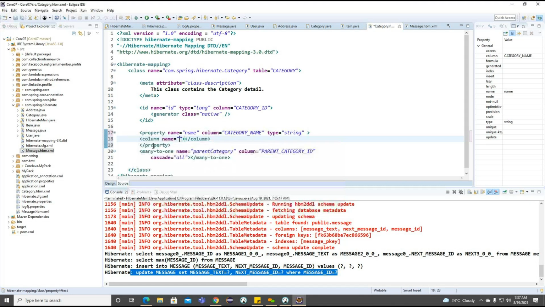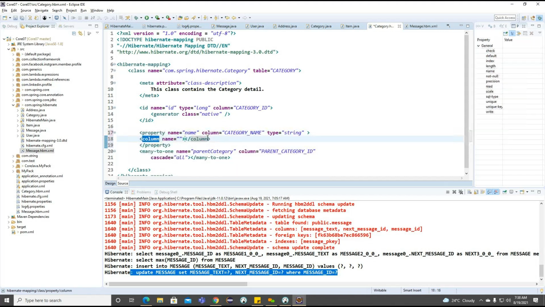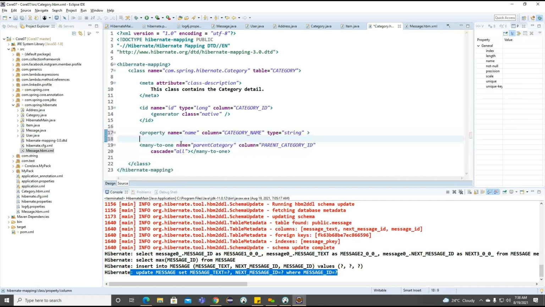Here we can write the name of the column here, and same way we can go for the column attribute here. Getting the point. So both are performing the same here, but so we can easily understand, this is the property and this is the column. And here also we can go for the attribute column here, right? Just for understanding I'm providing. So this will also work whenever we are trying to work on a different property column here.